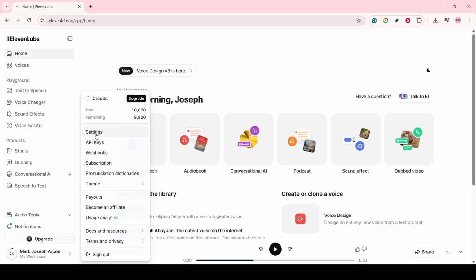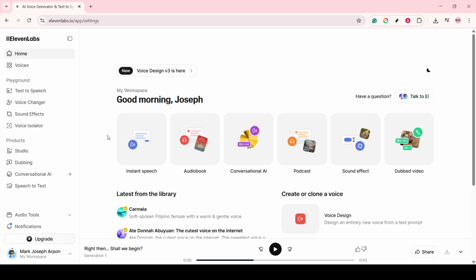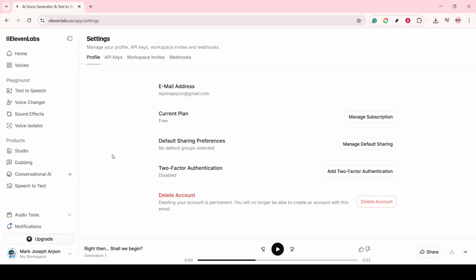After clicking on your profile, you'll see a range of options available to customize or modify different aspects of your account. Here, you need to look for the Settings option. It's usually labeled quite clearly, often as Settings or something similar. Click on this to be taken to the Settings page, which will display more detailed options regarding your account preferences